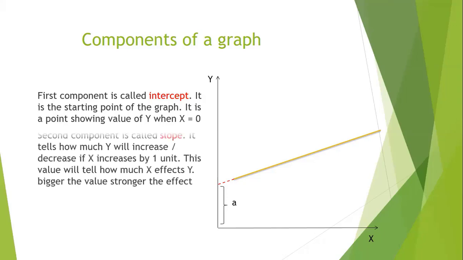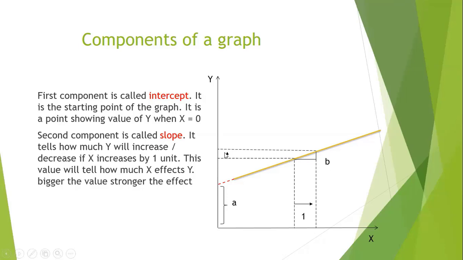Next देखते So next is the angle. Angle tells us how much y will increase if x increases by 1. We call it slope. So यहाँ पे देखें what has happened is I increased the x value by 1 unit and then I checked how much y has increased. Then I made a triangle over there. Okay, so triangle is this one. This increase in x and height increase in y. This triangle. So this triangle is giving me value of b.